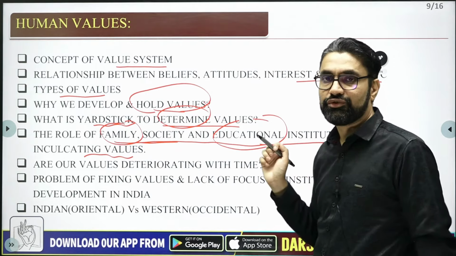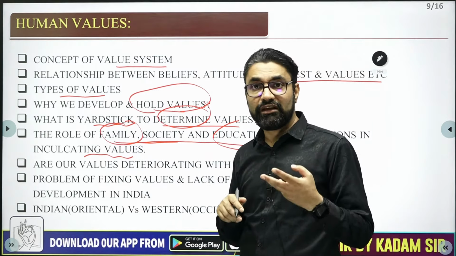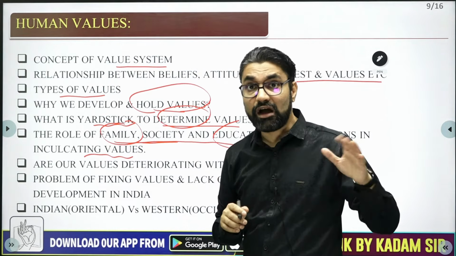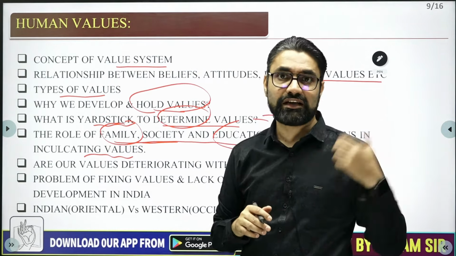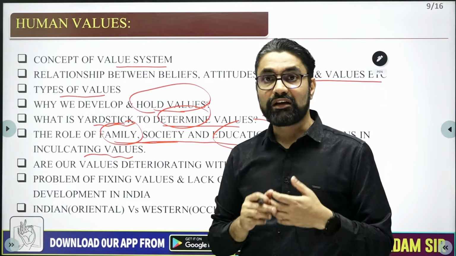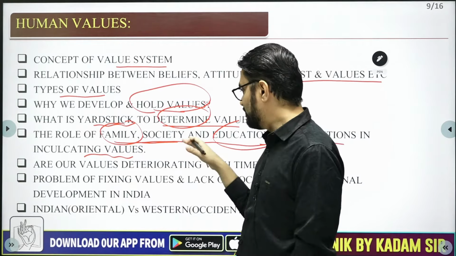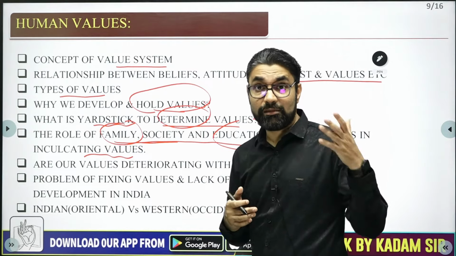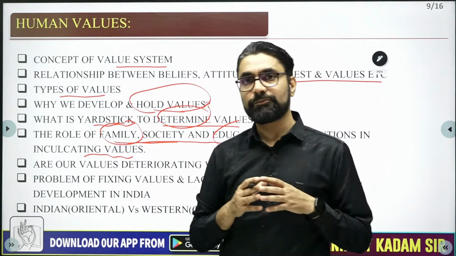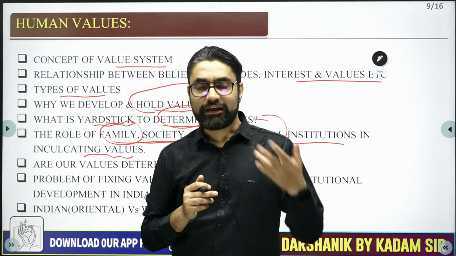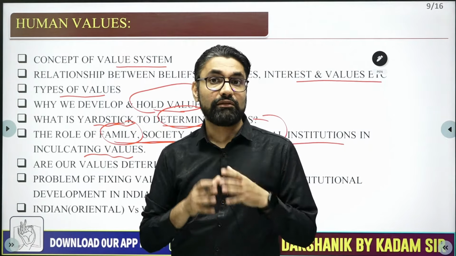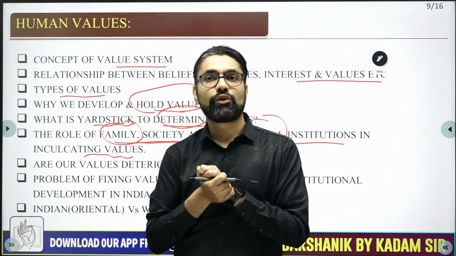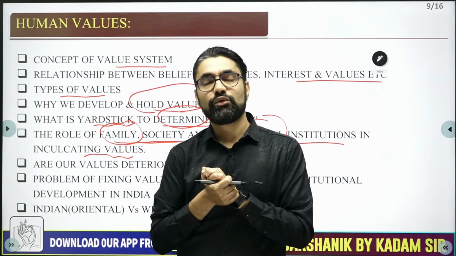Okay, so this will be the basic topic that UPSC mentions in the syllabus, role of family, society, educational institution. UPSC has mentioned only 3, but we are going to discuss very different ones. And I already told you, you write other dimensions, other ways that I will discuss with you in the class, in your answers. Don't write family, society, or educational institutes, their role, because there are many other factors which are very, very important, like social media, technology, constitution, or globalization, they play a very, very important role in your value formation, value development.